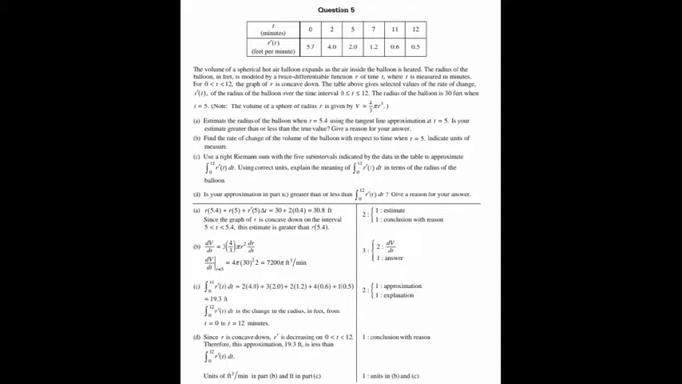For part A of this problem, we intend to find the radius of the balloon when t equals 5.4 using the tangent line approximation at t equals 5. The radius of the balloon is expressed using the integral of r prime of t, or r of t. Since we already know that the radius of the balloon is 30 feet when t equals 5, we can identify that the radius at 5.4 is 30 feet plus the addition of radius over the interval from 5 to 5.4,